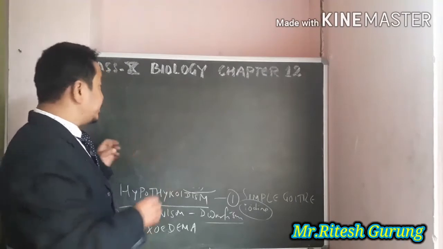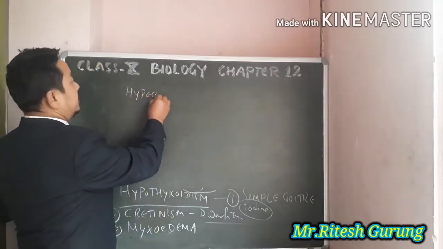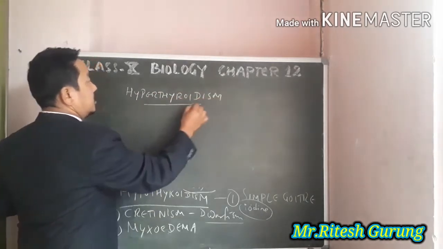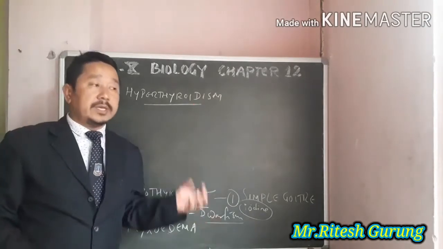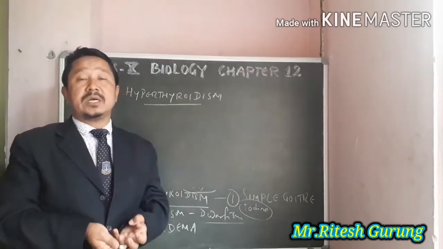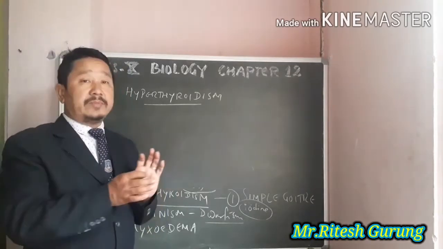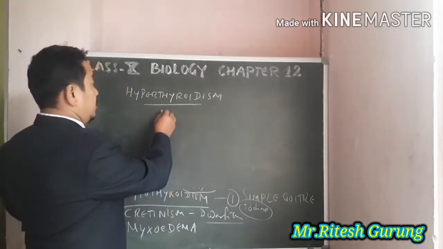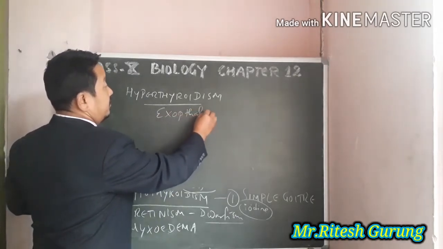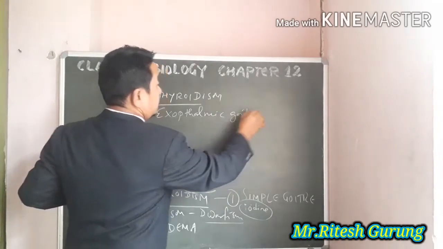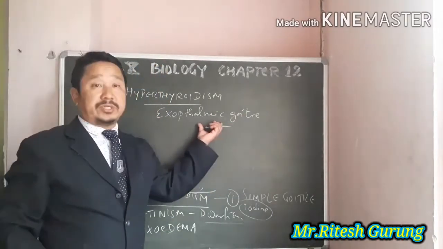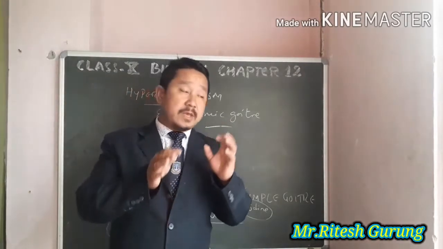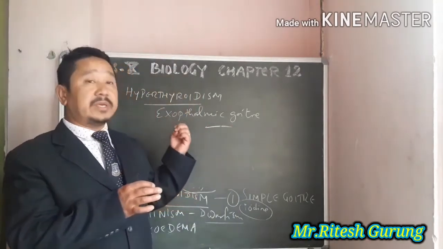Now hyperthyroidism. Hyperthyroidism means that when this hormone, thyroxine, is secreted more than the body requires, the problem will be seen in the form of exophthalmic goiter. It's a kind of goiter, but here some other problems are also seen. So the person having this problem called exophthalmic goiter